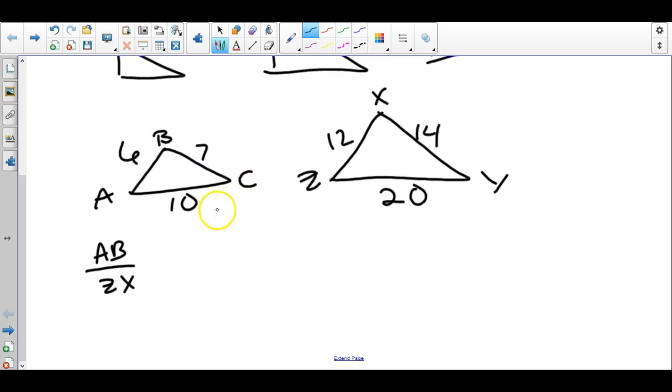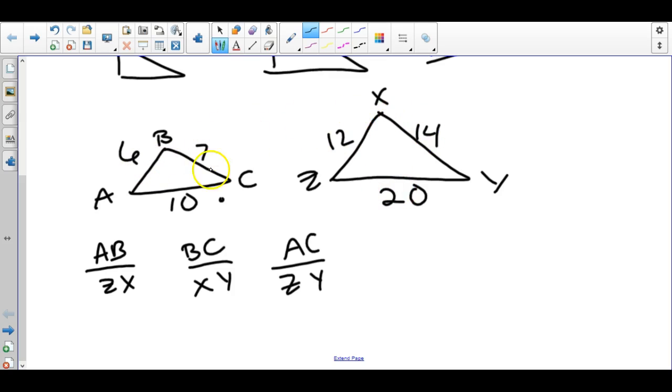For BC, that's the middle length. 14 is the middle length. That corresponds to XY. Or AC will correspond to ZY. So we can find what's called the similarity ratio. How much did we multiply 10 by to get 20, or 6 by to get 12, or 7 by